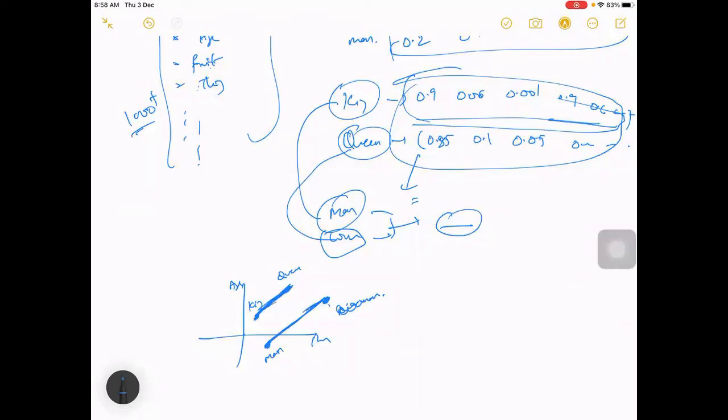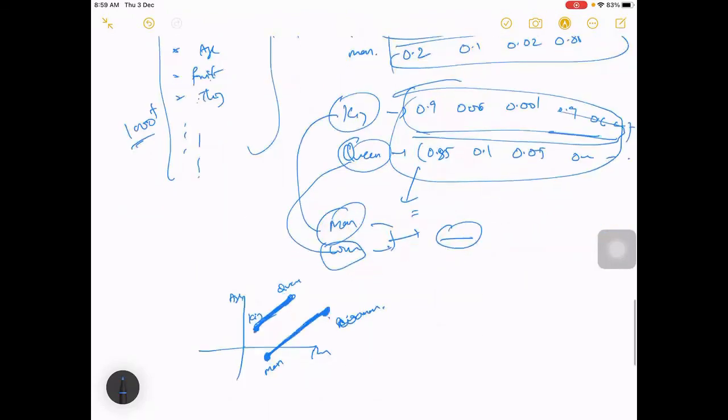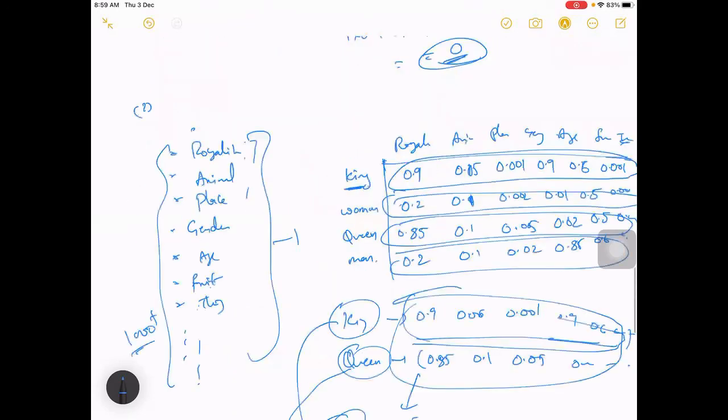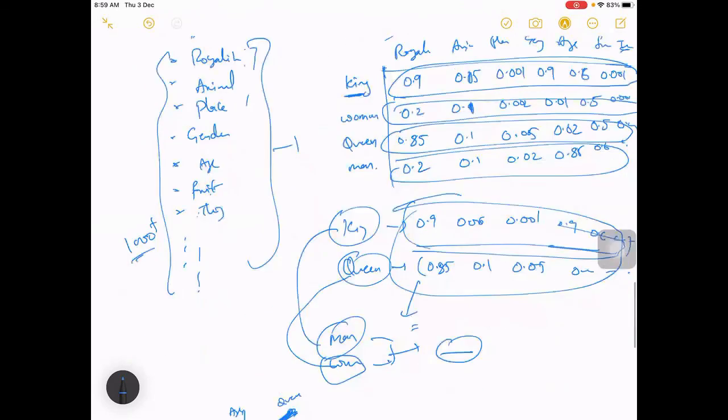So how we can do it is you can compute this vector, right? You know this point, you know this point, so you can compute this vector. Similarly you can also compute this vector. You know what point man is, and you know what point woman is, and from that you can compute this vector. If you compare these two vectors, these two vectors are similar. So that similarity is what we are able to capture by having this kind of representation. Okay, so we can call it a word2vec representation here.